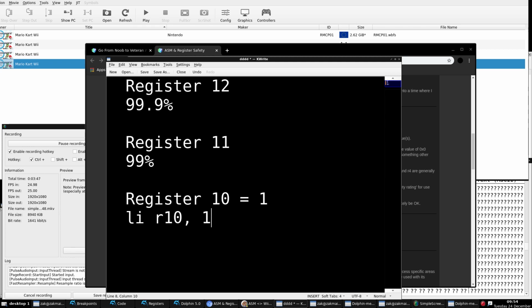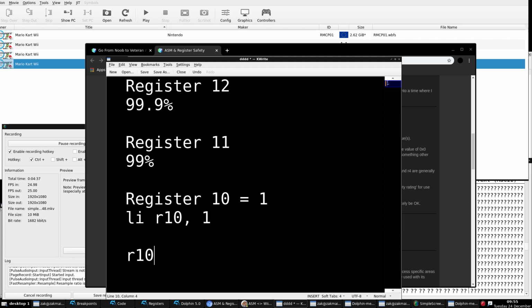Now keep in mind, registers 0 and 3 through 10, when you're using this method to restore their values, might be a different value every time the memory address of your code gets executed. So there could be a chance that 90% of the time the value is 1 in register 10, but there are some odd cases where it can be 5. This can be a problem, okay? So to understand the safety of these registers, remember this: the higher the number, the more safe it is. So if you run into a scenario where register 0 or 3 through 10 has a changing value every time your code's address gets executed,